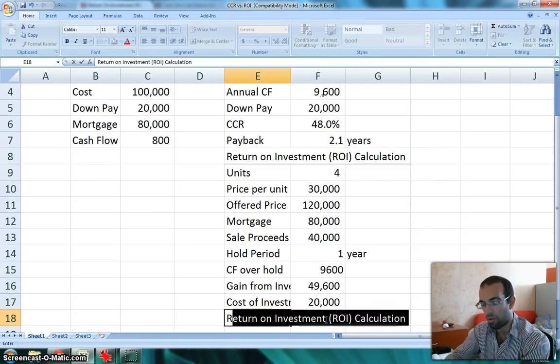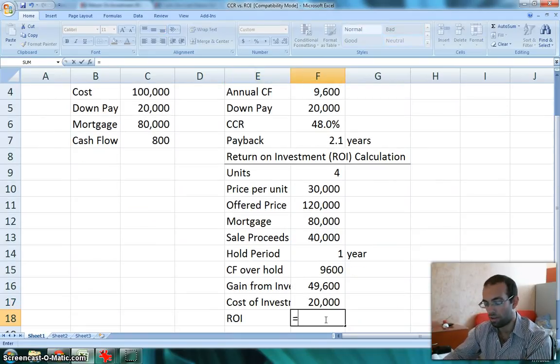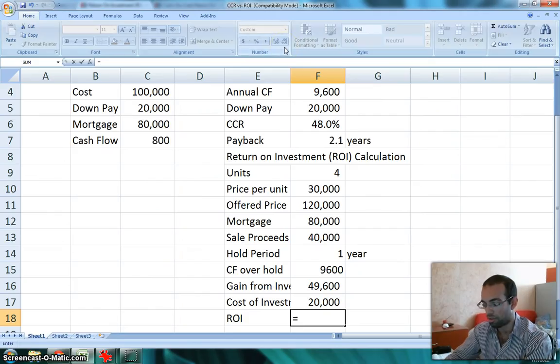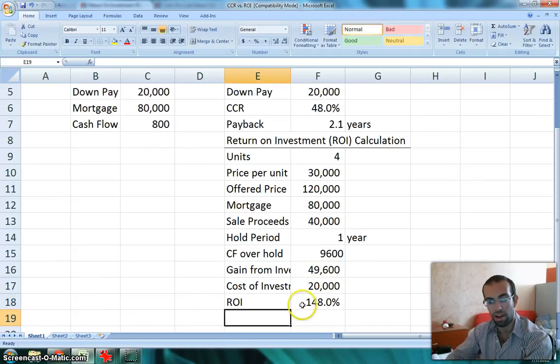So then our ROI would be gain from investment minus the cost of investment. So we're going to take our gain, subtract the cost, and divide by the cost. And that gives us 148% ROI,